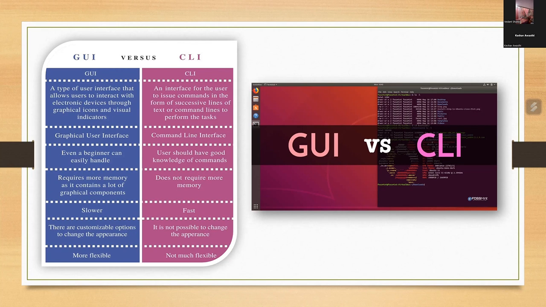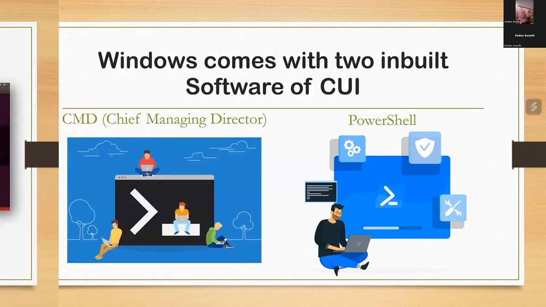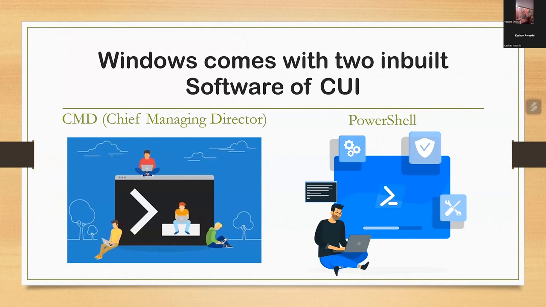लेकिन सीएलआई के भी अपने बेनिफिट्स होते हैं, क्योंकि सीएलआई फास्ट वर्क करता है, लेस मेमोरी लेता है। और दूसरी बात, इसके पास कमांड्स इतनी वेराइटीज के हैं, जितने टास्क हम सीएलआई के थ्रू परफॉर्म कर सकते हैं उतने जीयूआई के थ्रू भी परफॉर्म कर सकते हैं, लेकिन उतनी अच्छी तरह से नहीं कर सकते। ठीक। तो दीज आर द बेसिक डिफरेंस बिटवीन जीयूआई एंड सीएलआई।